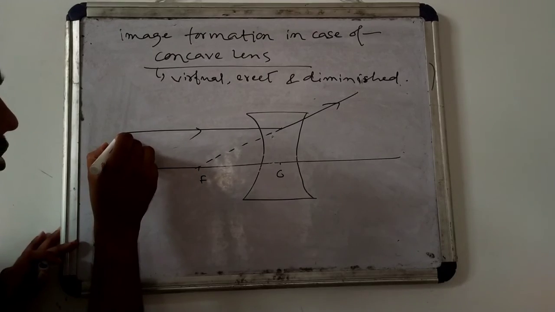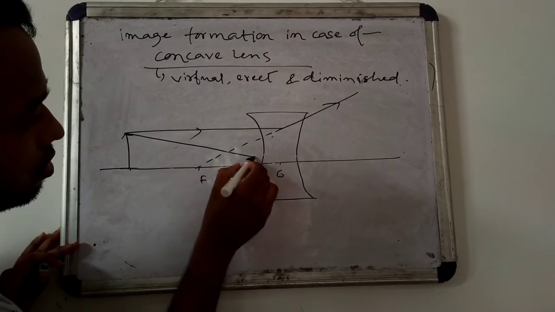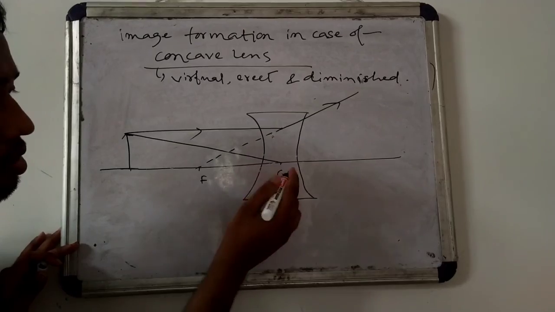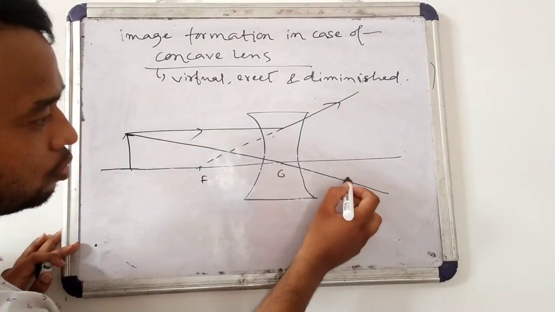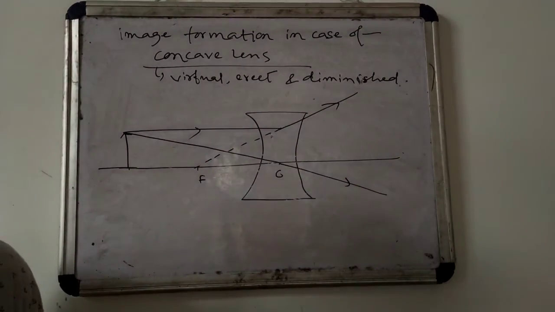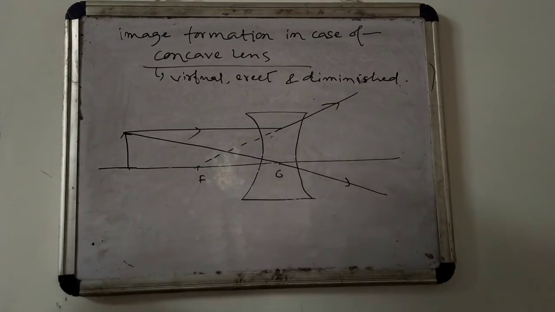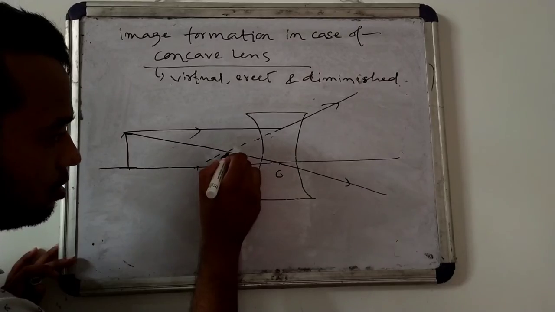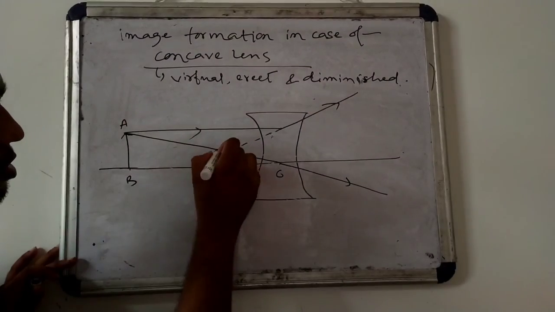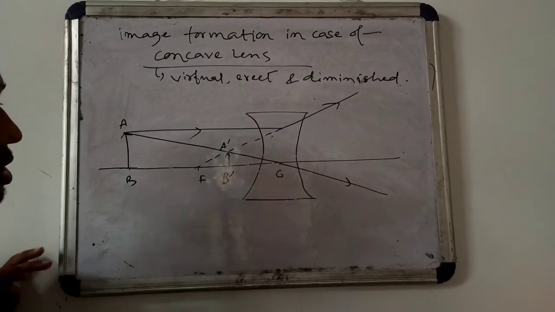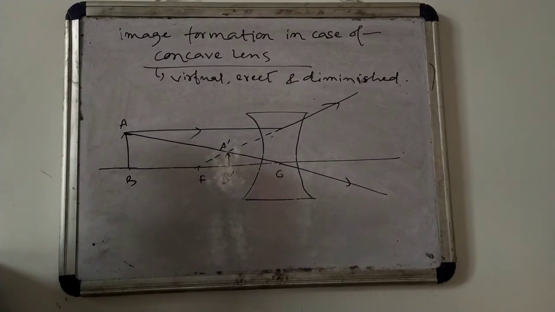Now one ray passing through the optical center will move without any deflection like this. So in this case image will form here. Which is virtual, erect and diminished. At any position of the object, this image will form only this kind of